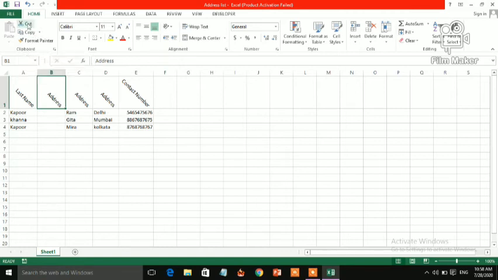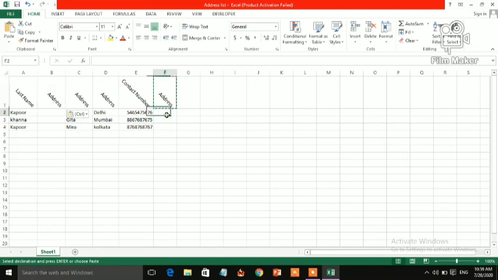Now how to cut and paste. Click on Cut, so it will cut and paste in the selected place. Can you see it has disappeared from this place and appeared in this place which I have selected? This way you can cut and paste.